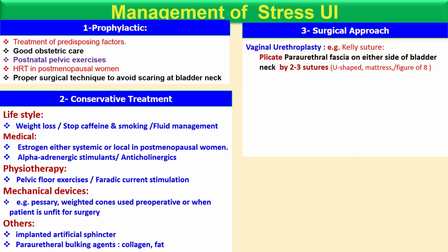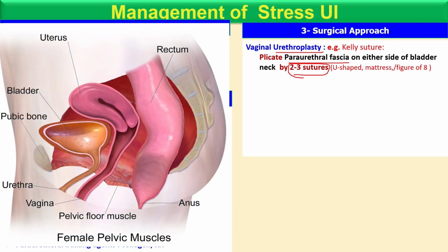And the surgical approach, first of all, you have to do the Kelly suture, which is for vaginal urethroplasty. Okay, so they apply sutures to the paraurethral fascia on either side of the neck, by 2 to 3 sutures. So these are two U-shaped, mattress sutures which support the pelvic floor. Here you do the different sutures at the neck of the bladder, which somehow support